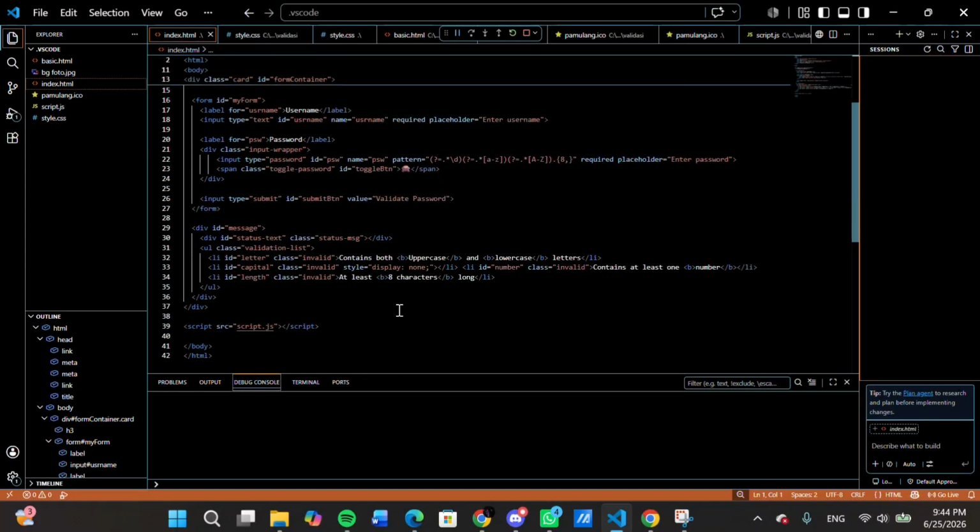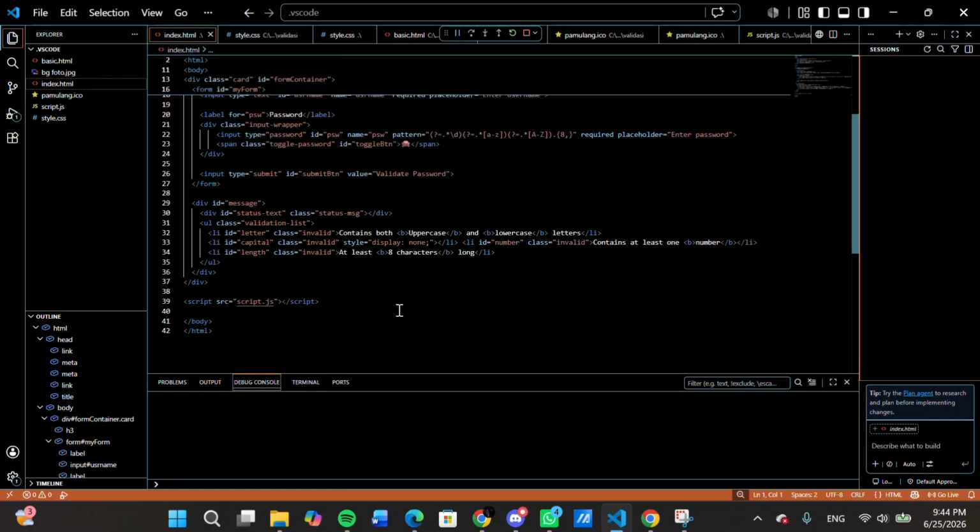Next to the password field, there is a span with the class toggle-password and ID toggle-btn, which dynamically holds the monkey emoji, and is used for our password visibility feature.